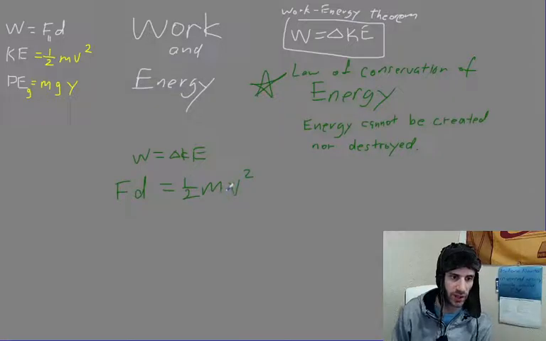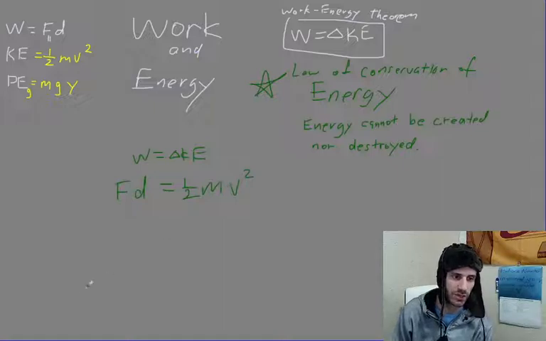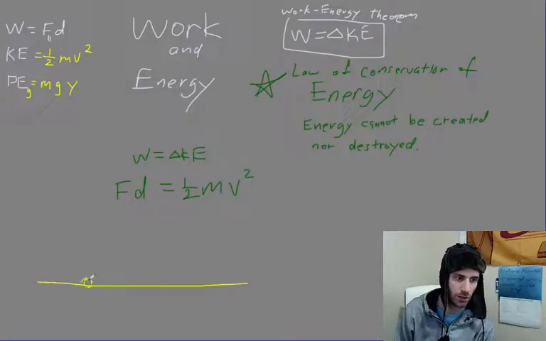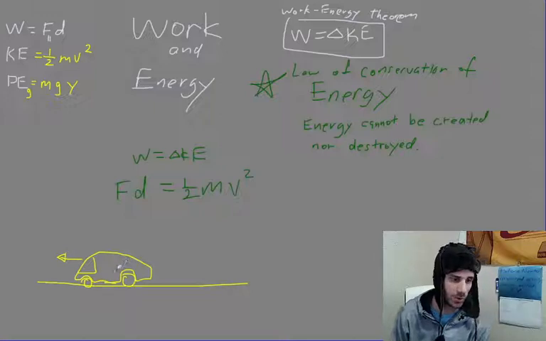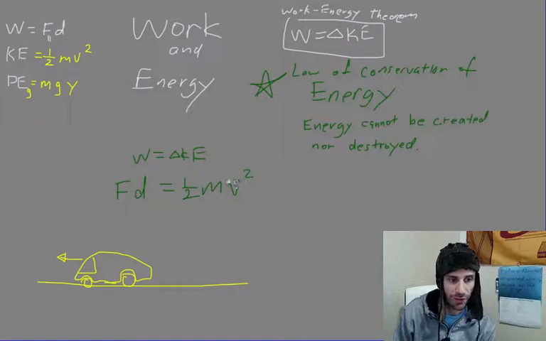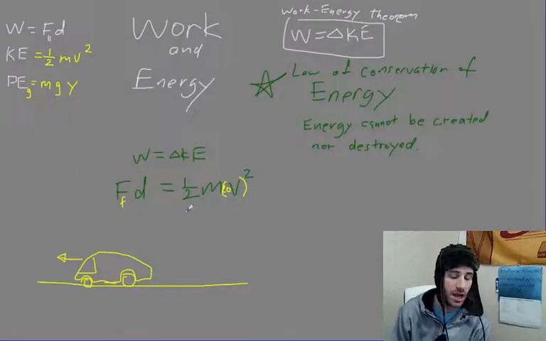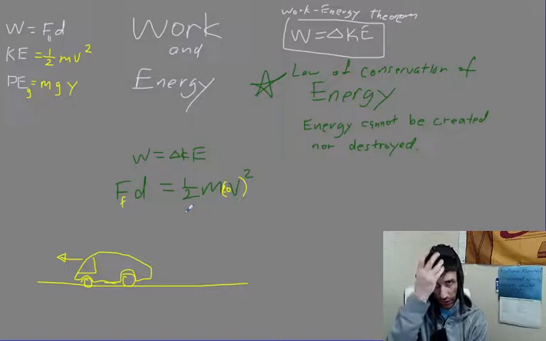And here's what I'd like to look at. Again, just like before, I would like to express to you a certain example. We have a car. I'm going to really poorly draw a car, and this car is going to be moving along in that direction, and it's going to come to a complete stop. So it's going to slam on the brakes and then come to a complete stop. So if that car was going, let's say, 20 miles per hour, the tires are going to have some sort of friction force acting on them in order to come to a stop,